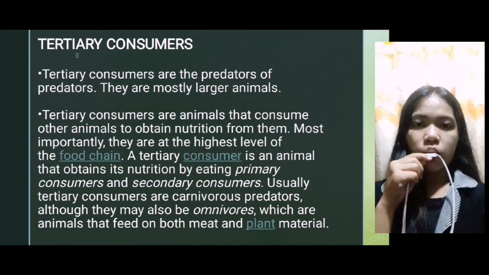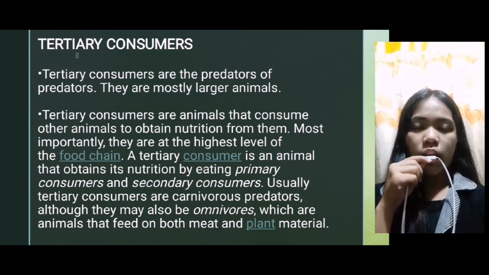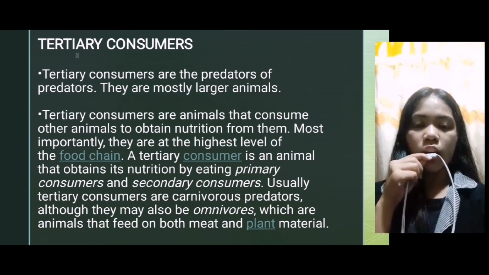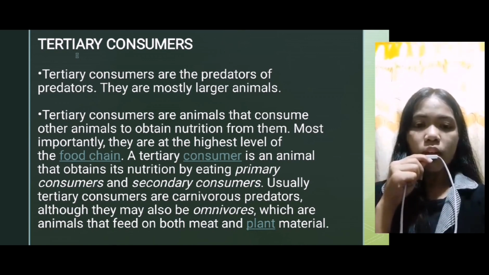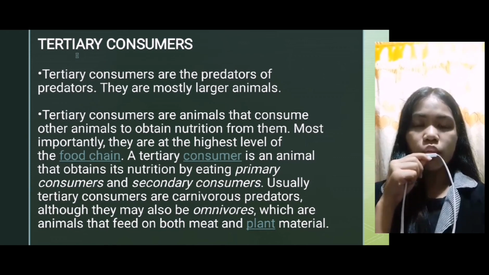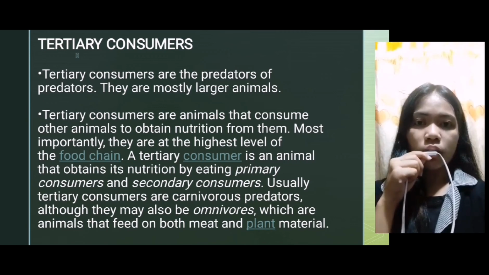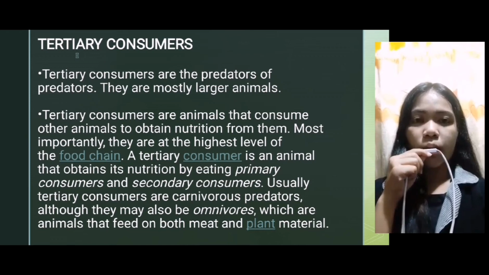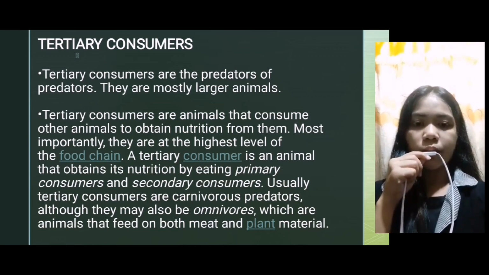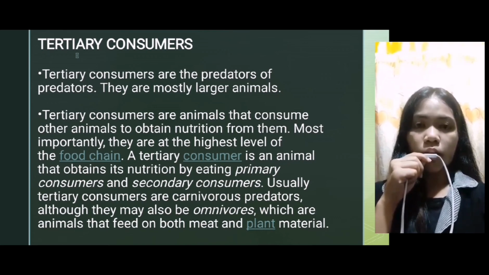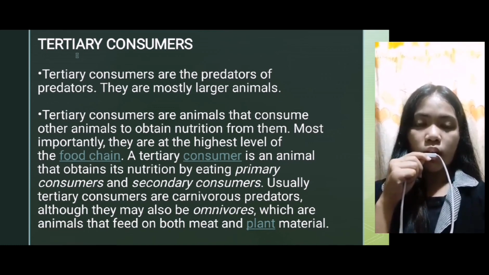So, when we say predators, these are the animals that need to kill or hunt other animals to serve as their food. The ones they hunt are called the prey. But at this level of consumer, the tertiary consumer, what they hunt are predators too, because the secondary consumers, especially when they are the target, are predators too. Tertiary consumers like lions, cats, sharks, and bears are most likely carnivores. But there are also tertiary consumers that are omnivores.